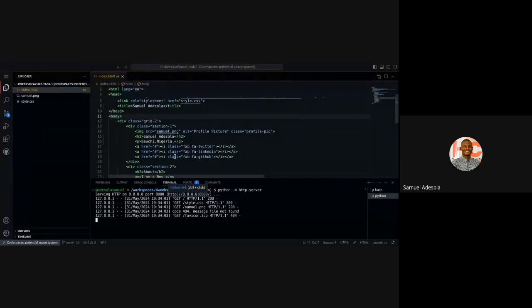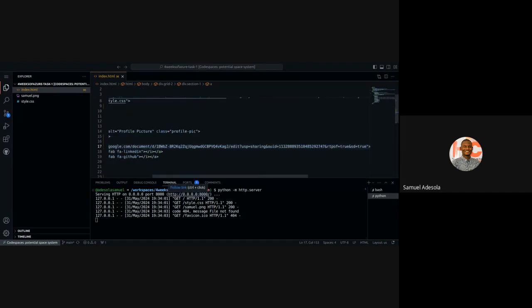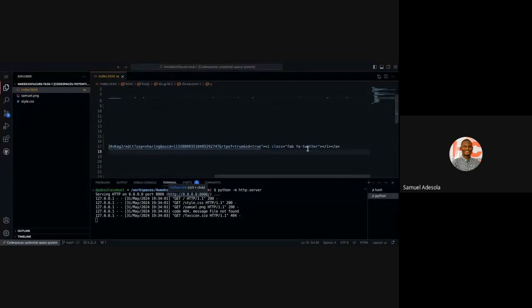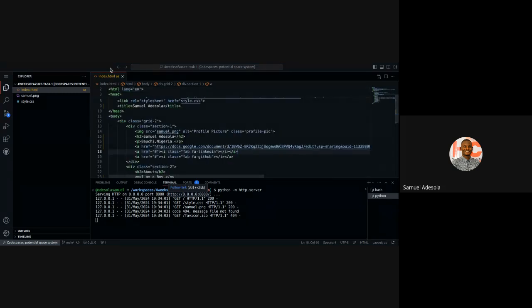So this is my code now. I want that whenever somebody clicks on Twitter, you take them to that page. I just have to come here and put the link. This is the link. And then I can save this. So don't forget, anybody that clicks on Twitter, because that is the Twitter button, that's the Twitter button.